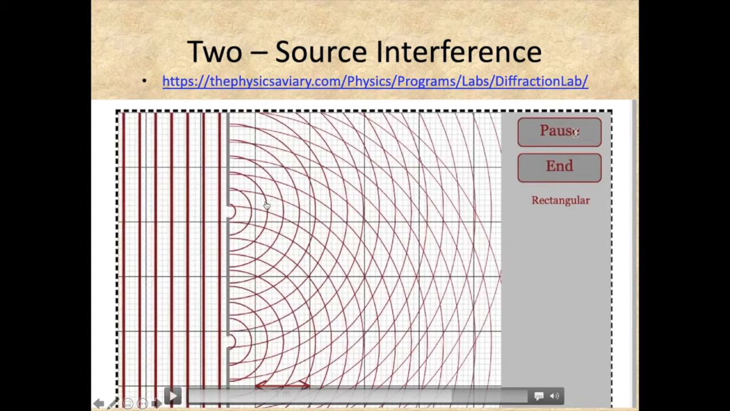This point over here would be a crest from one wave and between 2 crests on the other wavefronts. So that would be a destructive interference point. Likewise, this is another destructive interference point. That one right there is a constructive interference point. So what happens as these wavefronts reach the screen over here, there will be points where they always interfere constructively, and there will be points where they always interfere destructively,